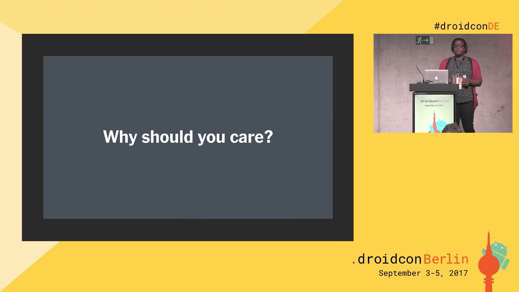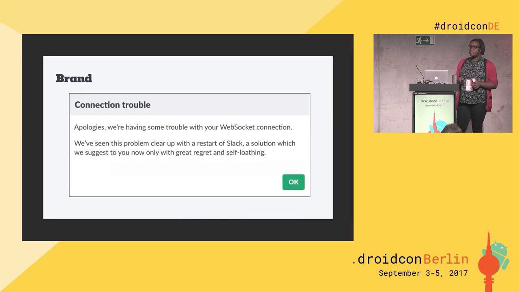Why should you particularly care about the ways in which you talk to your users in production? Well, I have a couple reasons. First, brand. The example on the screen here is not of the New York Times. We're still kind of working through how we want to unify our brand story across all of our platforms and have a more consistent way to talk to our customers, regardless of what New York Times product you're using.